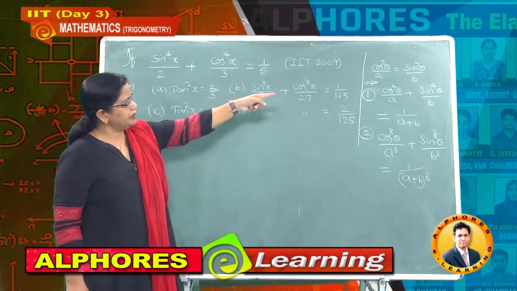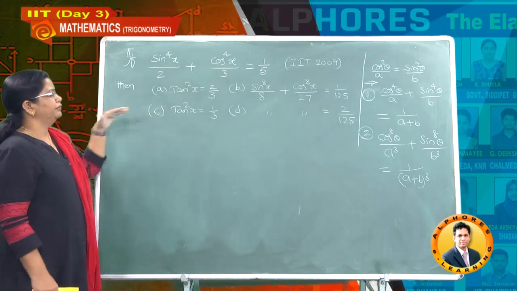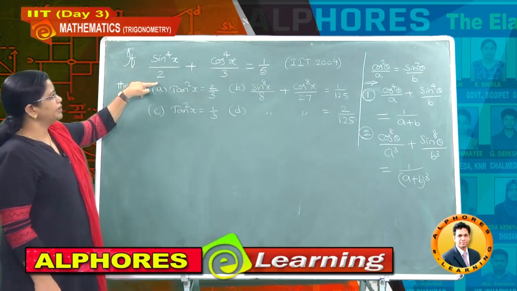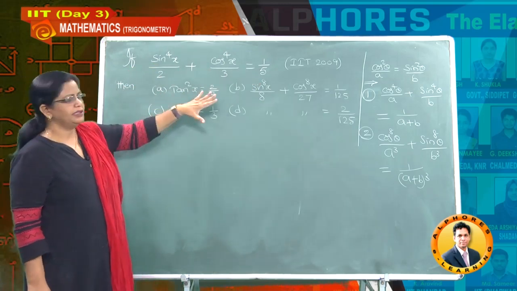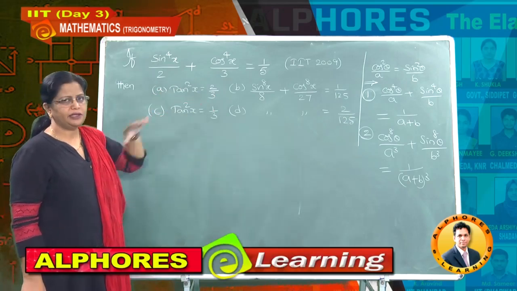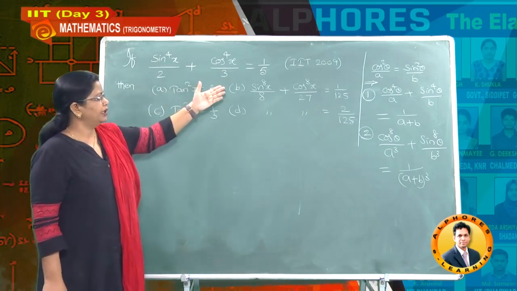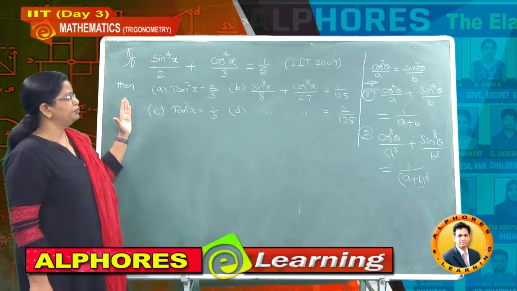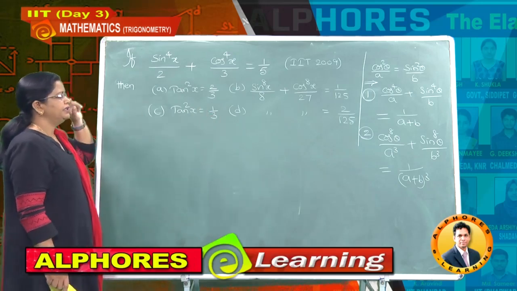Just now we did this problem. In IIT 2009 they gave this problem. So have a look on this problem. They gave sin power 4x by 2 etc. is 1 by 5, and they asked about these results. In IIT advanced level we have more than one answer also. Not only option A is right, you have to check what about other options B, C, D also may be right. So more than one answer problems also exist in IIT advanced level.